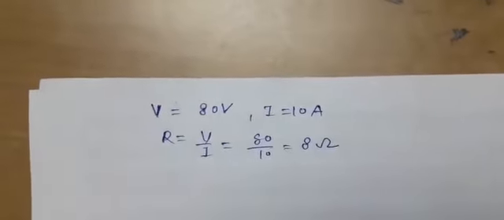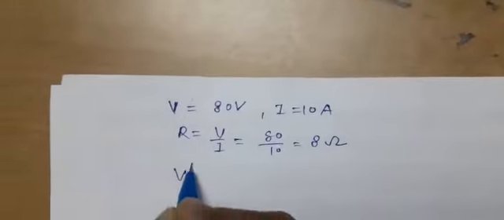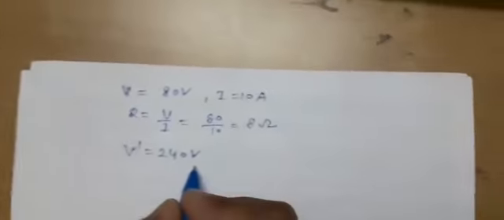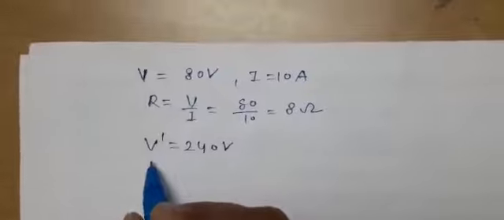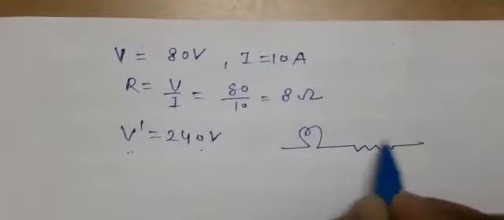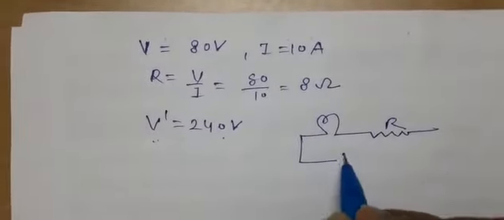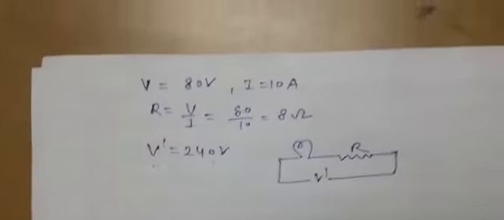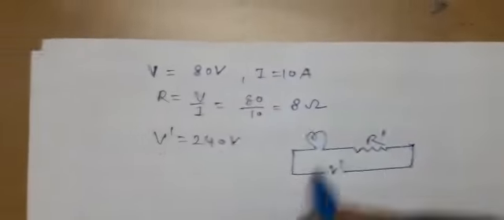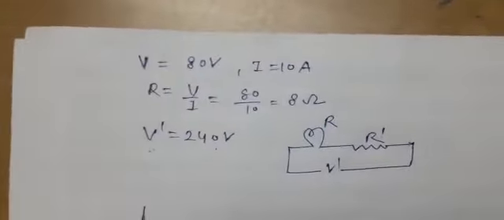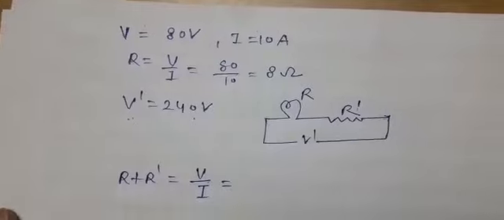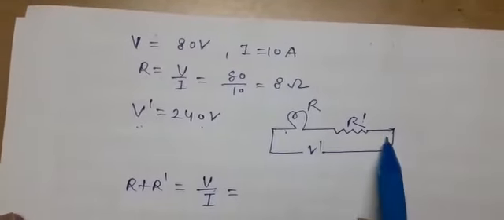Now, you have to suggest a method to use it with this voltage. What will be the applied voltage? 240 volts. And calculate the value of the component that should be used. So we have to operate that arc lamp at this particular voltage. If this is an arc lamp, then a resistance has to be connected in series, so that it can be operated at V dash, that is 240 volt. Let this resistance be R dash and the resistance of the arc lamp be R. So R plus R dash, the total resistance, will be equal to voltage per unit current flowing through it. Being connected in series, the same current will flow.